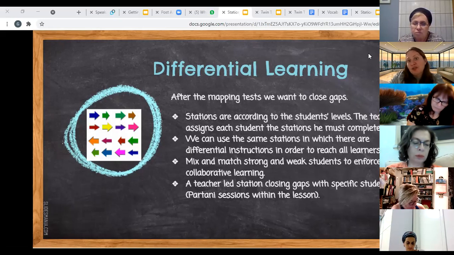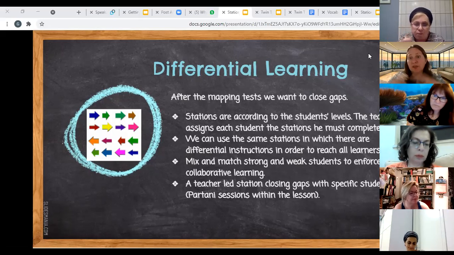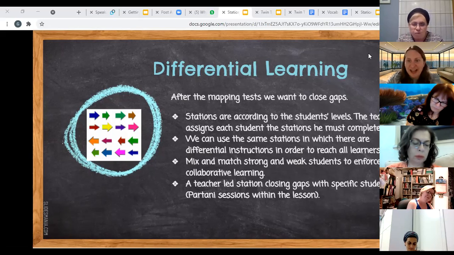And sometimes you'll also want to have a lot of collaborative learning in your station, and you can therefore mix and match strong and weak students and put them in stations. And that's what I'm going to do tomorrow with my station rotation. I've not added extra stations. I actually want group work within the station. So I've assigned the students in advance, and I'll tell them at the beginning of the lesson who's in each group. And then I've put 2 weak students with 2 stronger students so that they will work together. Now, assign your students ahead of time, and then your stations will work